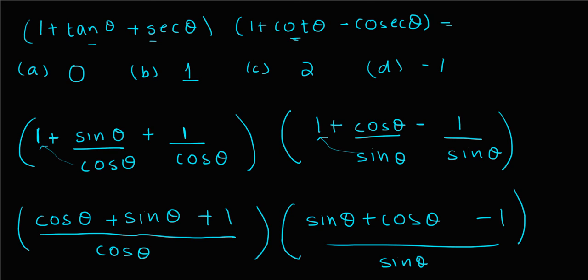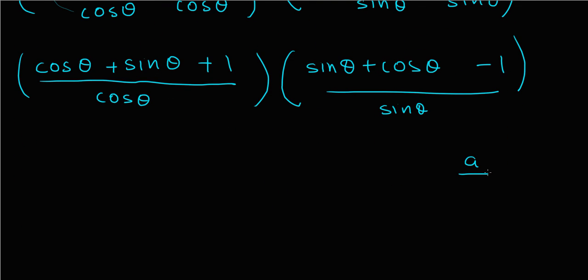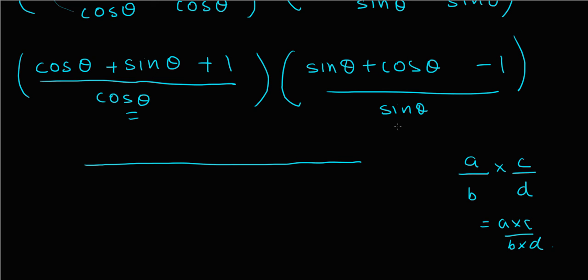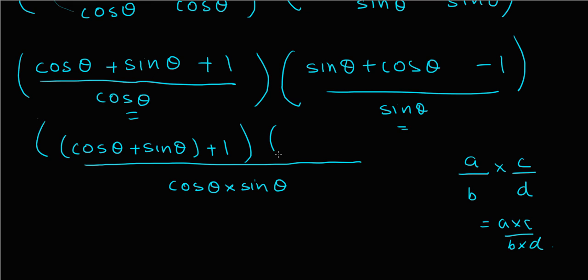Now, over here, if let's say I have two fractions or rational numbers, a by b into c by d, this is same as a into c by b into d. So I'll use that over here. So my denominator would be cos theta into sine theta. Okay, here it will be cos theta plus sine theta. I'll group this as 1 plus 1 into cos theta plus sine theta